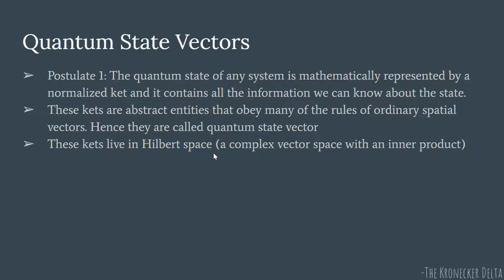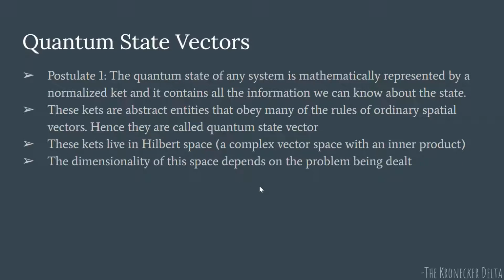What is a Hilbert space? A Hilbert space is a complex vector space. For those who don't know what a vector space is, in easy terms, it is where vectors live, or in more precise terms, a set on which two operations, vector addition and scalar multiplication, are defined. A real space is a general vector space, but a vector space can also include complex numbers. And this is precisely what we need here to represent quantum states. Hence, these kets live in Hilbert space.